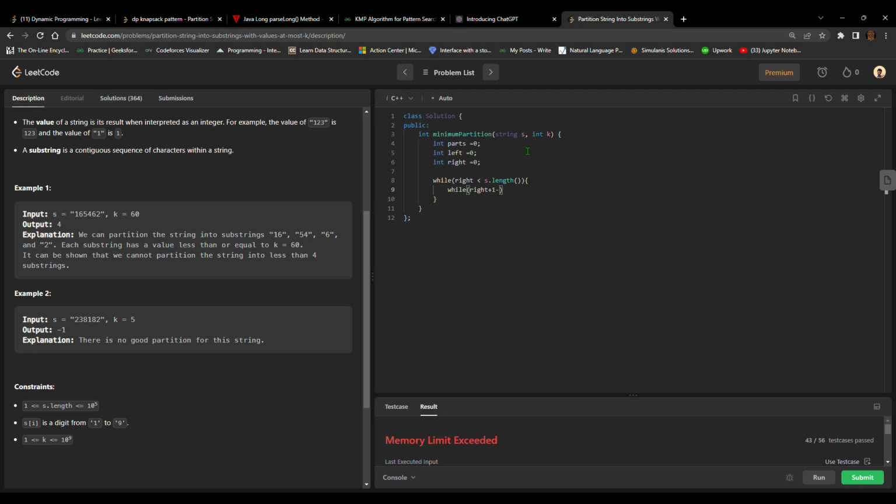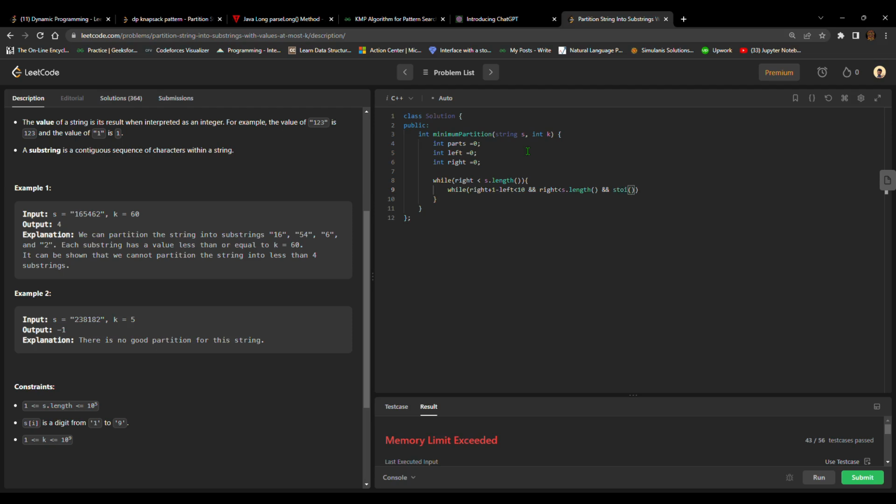and check if right plus 1 minus left, that is the length, is less than 10 or not, because the size of integer should never go beyond 10 to the power 9, because that would result into a memory limit exceeded error or integer overflow. My right variable is less than s dot length. Is that so? And also